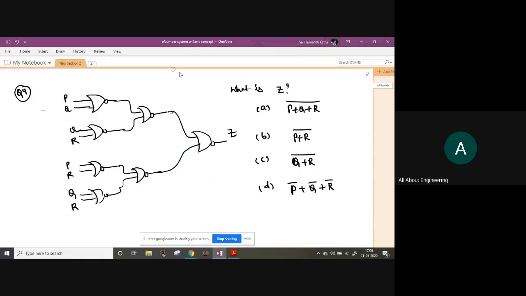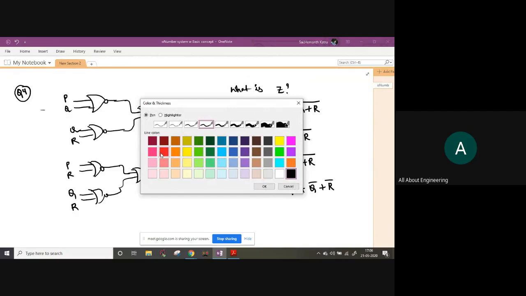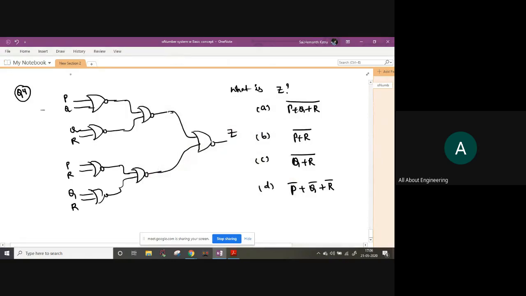Let me take red color. Pink. Let's try pink this time. Okay. If you look here, PQ and QR, in the sense this is a connection like this, you can call. And here also PR and QR. So you can write Q here, R here. I'm just modifying the question so that there will be a connection like this. Now, it's enough to solve either this part of the circuit or this part of the circuit. So you'll get a similar answer, right? It's enough to solve one part and change the variables. So these are some shorthand tricks, because you can reduce the time. So let me solve both for you.